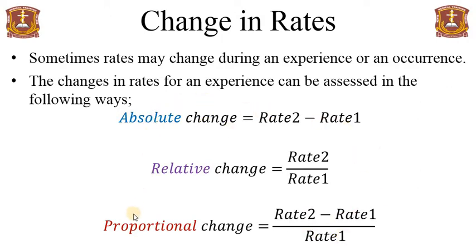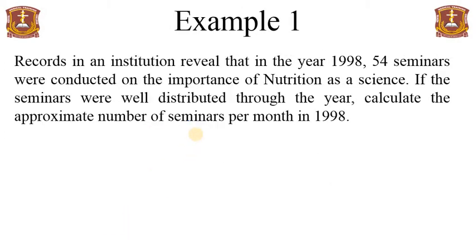These are terms which need to be considered when we are talking about rates. Maybe what you would want to hear is mostly examples related to this. So I want us to do example 1. Records in an institution reveal that in the year 1998, 54 seminars were conducted on the importance of nutrition as a science. If the seminars were well distributed throughout the year, calculate the approximate number of seminars per month in